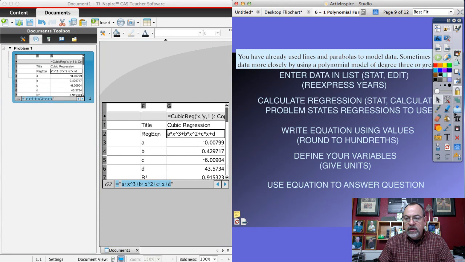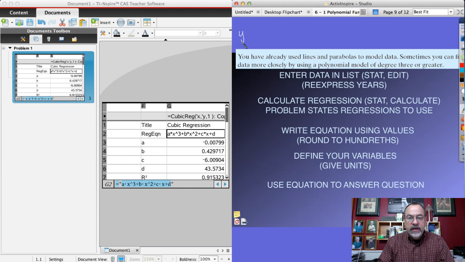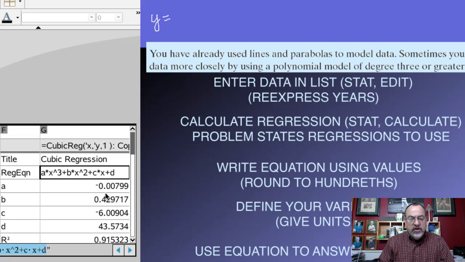I'll go back over here. And so my equation will be y equals, and then I have the A value. Notice we said rounded to hundredths, but there's a 0 here, so we could round up to 0.01. So my A value is negative 0.01, and then I have x cubed. And then it gives me the B value, so substitute that in. That's a positive